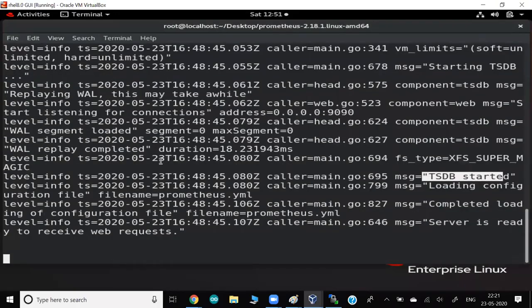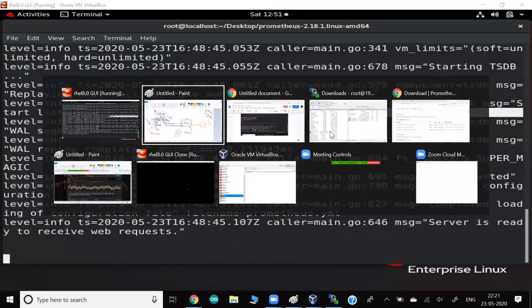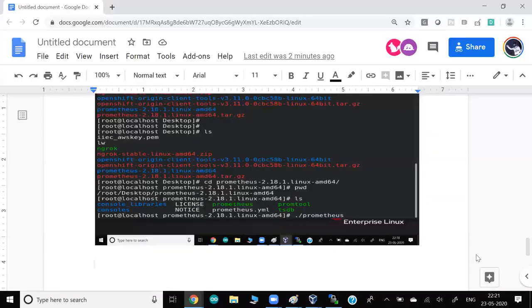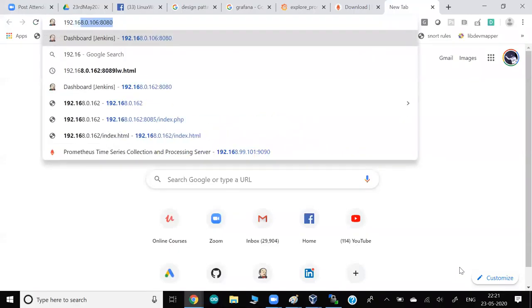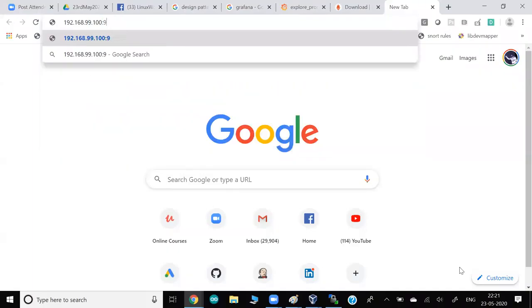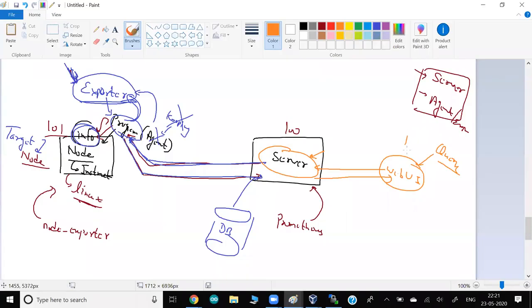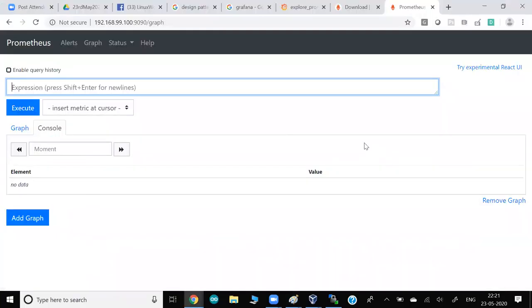I'm not able to see it somewhere there. Yeah, here it is. Okay, so this is the port number where this is running. Because this is a web UI, I can connect from a Windows browser also. So in my Windows browser, I'll give the IP of my Prometheus server and 9090. That's all, it gets connected. So guys, this is the web UI I'm talking about, of Prometheus, where you can just write some queries.